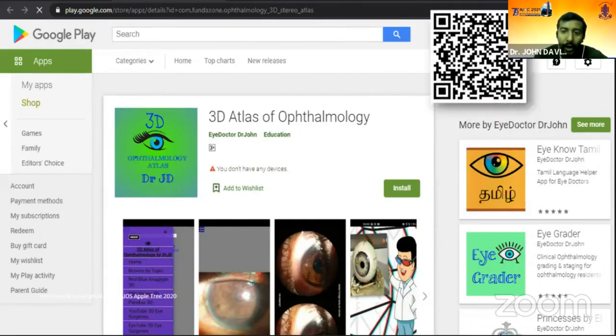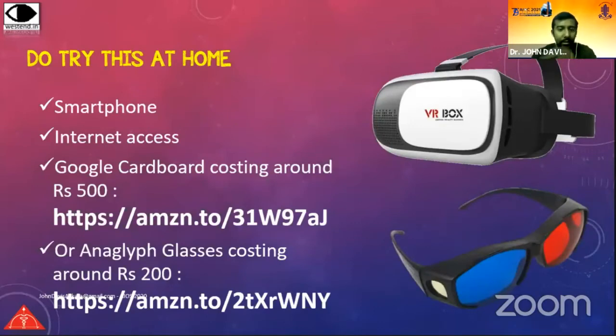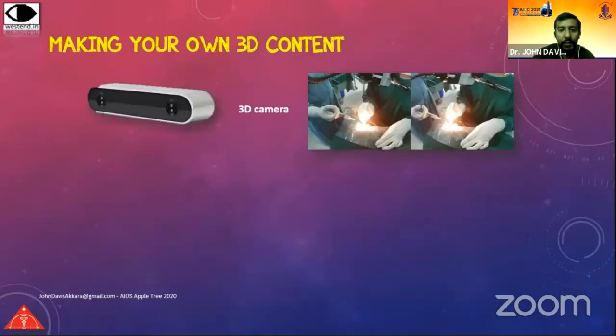So coming to how I made these things. You just need these things to view it. This is the red blue anaglyph glasses and the Google Cardboard box. You can use several options. One option which I tried, in fact, was I got a 3D camera from China. This was quite some time back before we had a big problem. So I was able to get a 3D camera and I was able to record external videos in 3D.